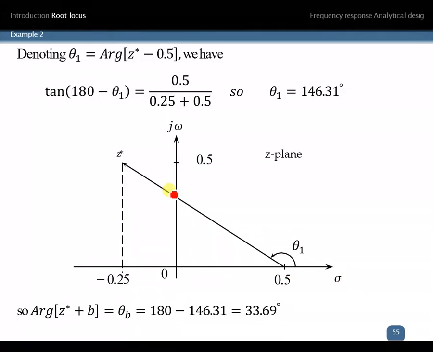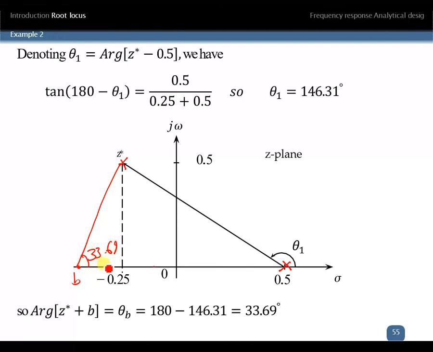First of all, I know the z star. I connect it to all of the poles I have. One of the poles I have is 0.5. Then I calculate theta A, then I can calculate theta B. Theta B will equal 33.69. If I put the approximate B here, theta becomes bigger than 90 degrees. That means B should be close to here. Now I know this angle is